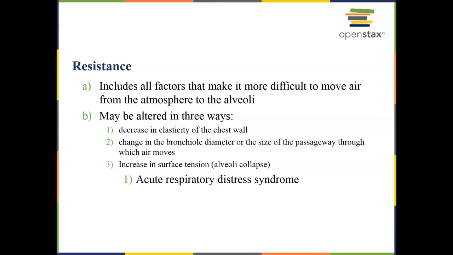So if you have less elasticity in your chest wall, then you're going to have an increased resistance. If you have a change in your bronchial diameter, that's going to increase resistance. If you have increased surface tension in the alveoli, that causes the alveolar sacs to collapse, that increases resistance. And that actually leads us to a disorder called respiratory distress syndrome. RDS is typically associated with premature babies, and it can lead to